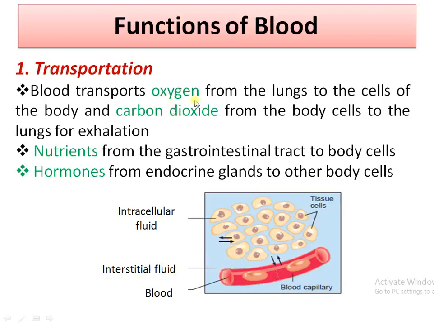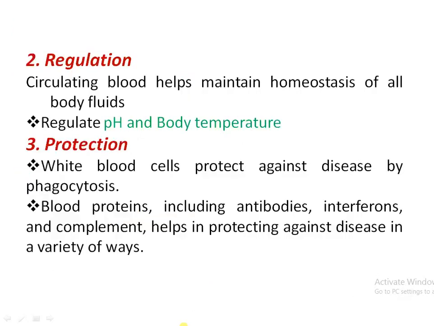Blood transport oxygen from lungs, nutrients from gastrointestinal tract, hormones from endocrine gland and enzymes from exocrine gland, which diffuses from blood into the interstitial fluid and from interstitial fluid into the cell. And cell utilize these things, and after that carbon dioxide and waste move into opposite direction, that is from cell to interstitial fluid and from interstitial fluid to blood, and then blood transport these waste to various organs like carbon dioxide to lungs and other waste to kidney and skin for elimination from the body.